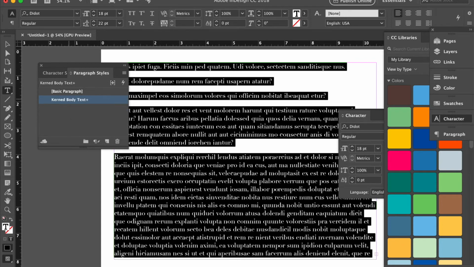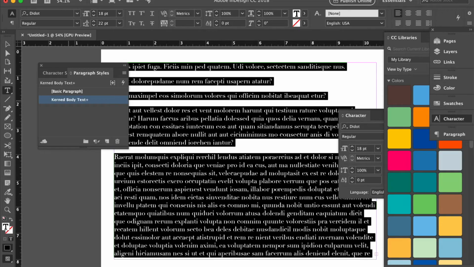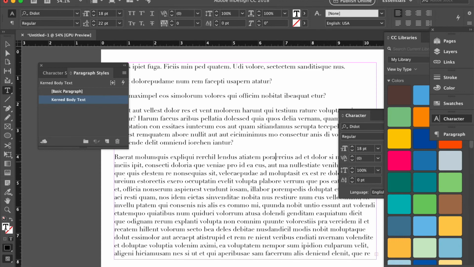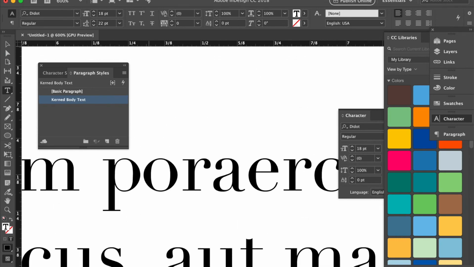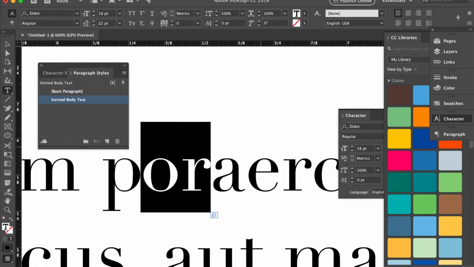And you'll notice when I do it, I might get that little plus sign. That plus sign means, I kind of applied that style. So what I'm going to do is I'm going to keep that selected. I'm going to hit Option on a Mac, Alt on a PC, and click that style again. And you will see that every instance of P followed by O is now kerned. What do you think of that? And I can do that with other letter groups if I want, just by following the same pattern. And before you know it, you're going to be getting really detailed into your kerning.